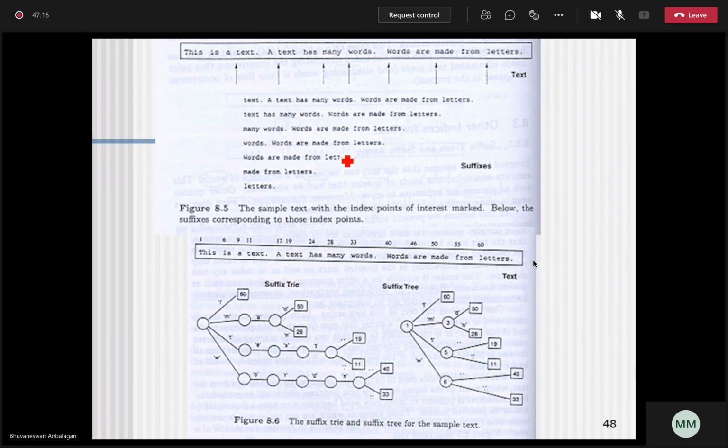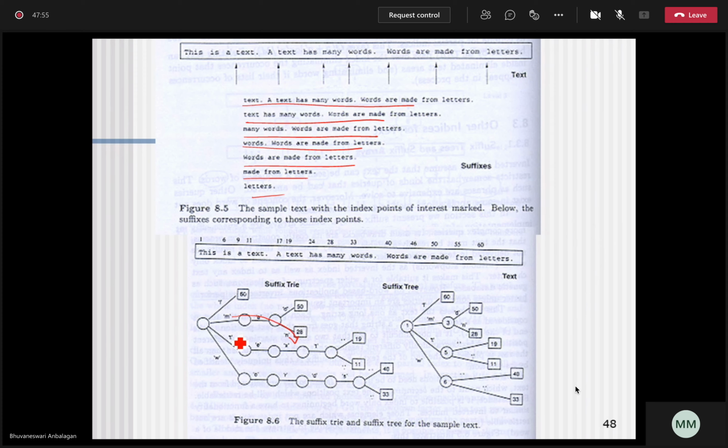Okay, I'll show this example. You see over here, this is going to be the text. Okay, so I will create the suffixes for all the text, and I will check whether there is any common pattern between the texts. Okay, so I will create it as a suffix tree. If you look over here, I will number all the words that are available in the suffix tree, and I will make it as L M N R W A E O. Okay, so these are all the words, which is going to be many. You can find it over here.